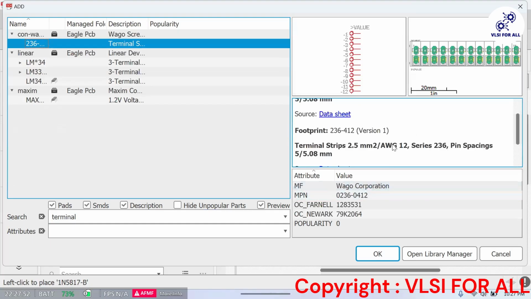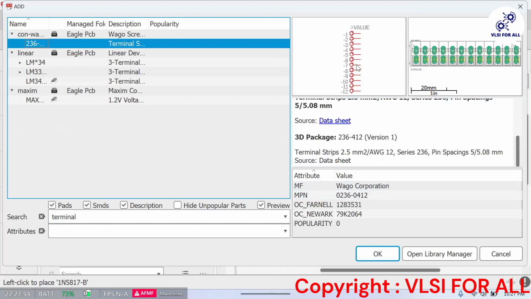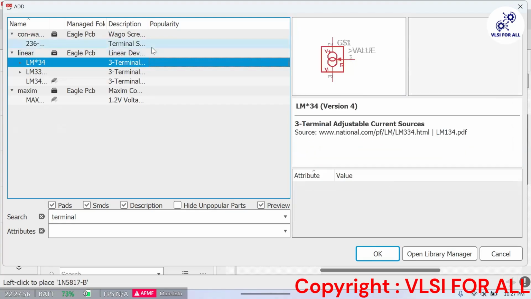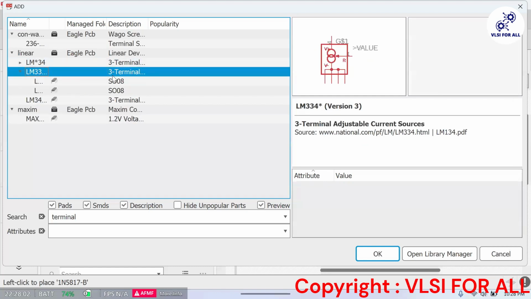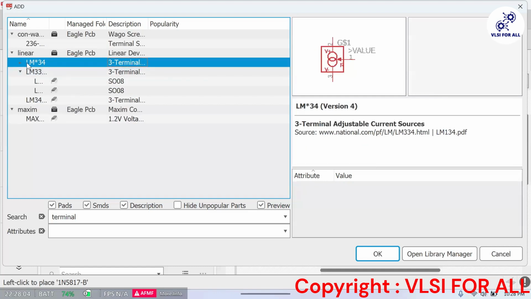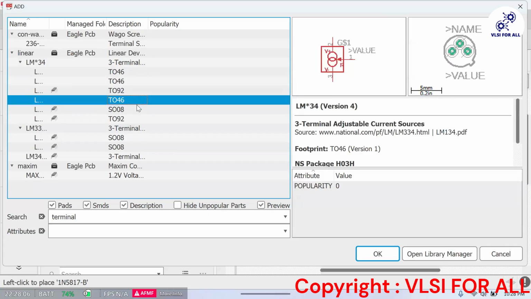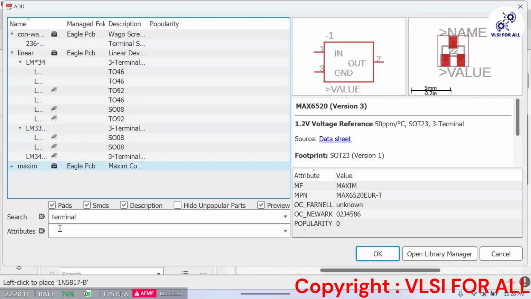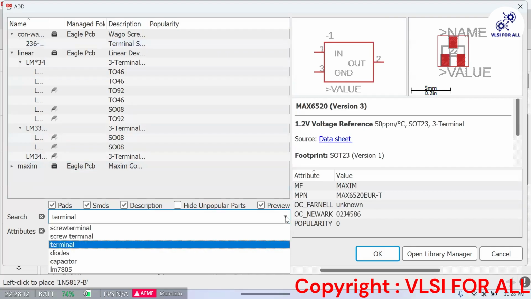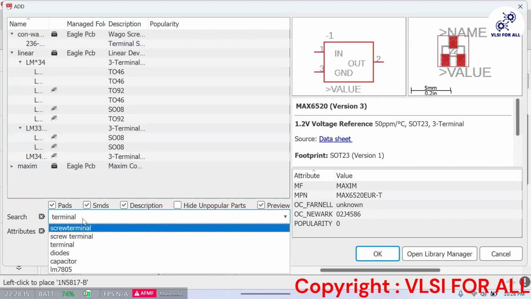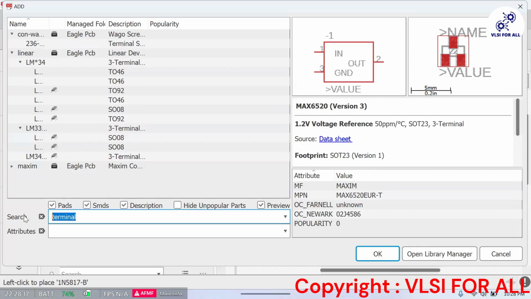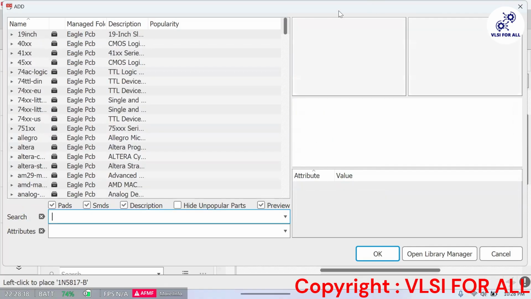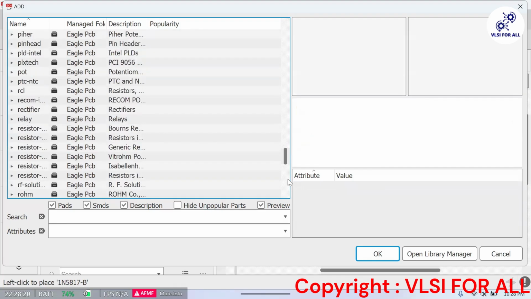We want a terminal block at this level, but I don't know why it is not coming. No, this is not the right one. Okay, so I want something. No, it is not the one which I am actually looking for.